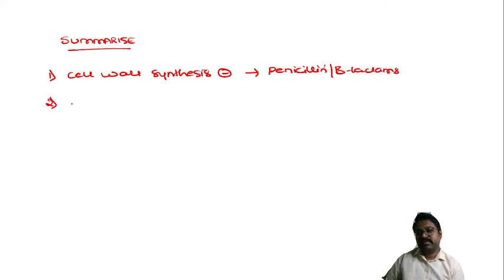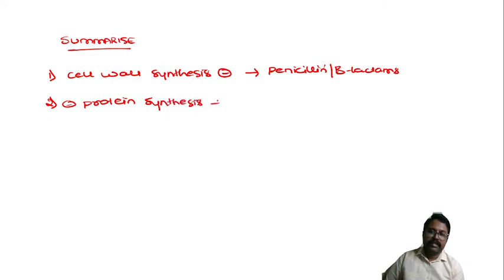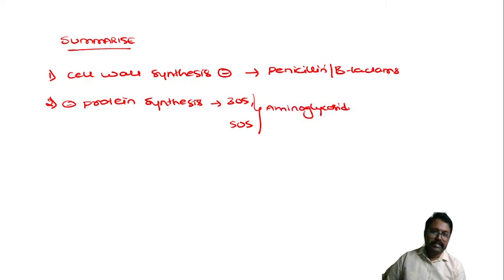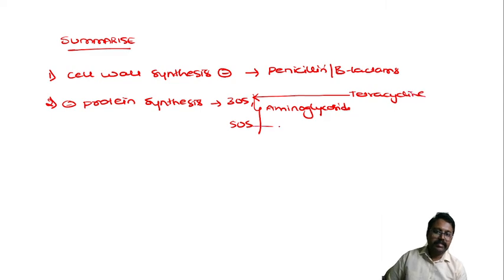The second group is those drugs which inhibit protein synthesis. Here we have drugs which are inhibiting protein synthesis by binding to the 30S ribosomal unit or the 50S ribosomal unit. The drug which will bind to both of them is aminoglycosides. The drug which binds to only the 30S ribosomal unit is tetracyclines. The drug which binds to the 50S ribosomal unit and inhibits protein synthesis is chloramphenicol,